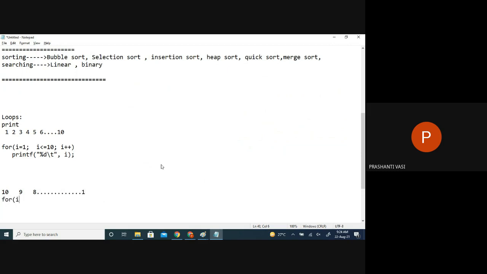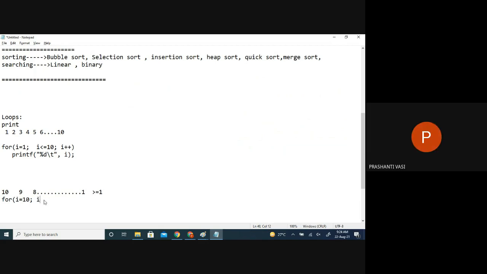What is the initial value? 10. Till how many values do we have to print? All the values till 1. So all the values we have to print are those more than or at the most equal to 1. So this is my condition.